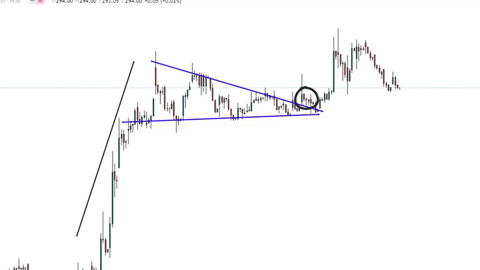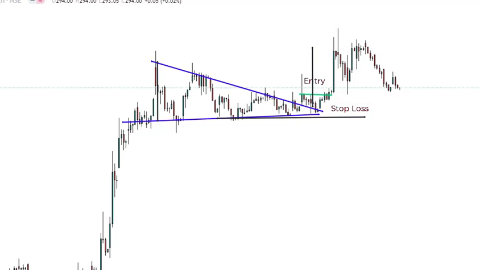So here is the place for the breakout and retesting zone. So we have to take entry in this zone only. And your stop loss should be the support line or just below the support line. Your target will be the length of the triangle pattern like this. This is how we should trade in the descending triangle pattern. Next we will see the example for the bearish variant in a different chart.